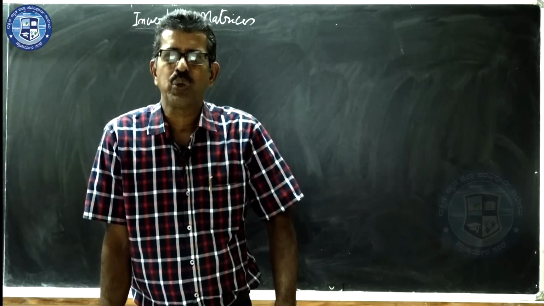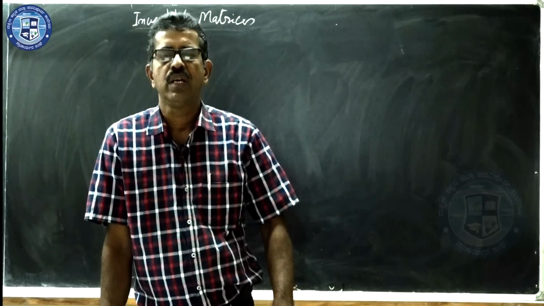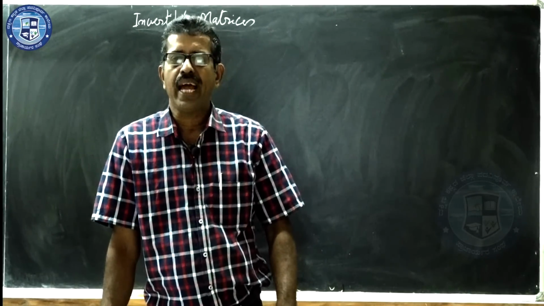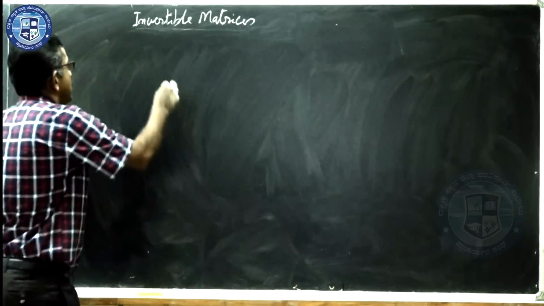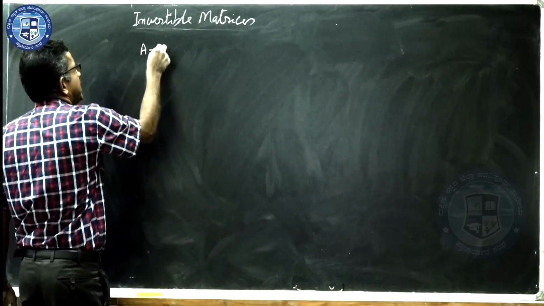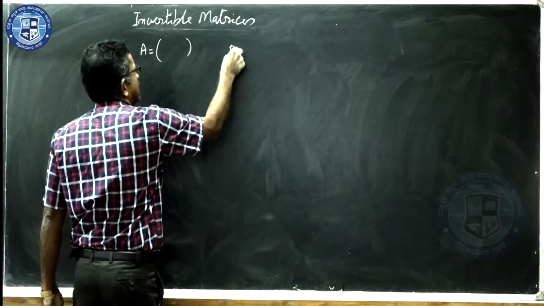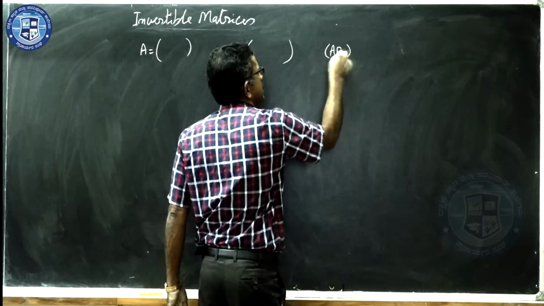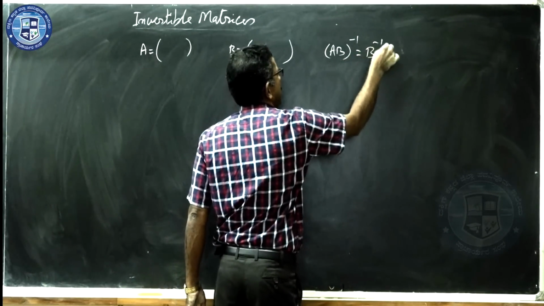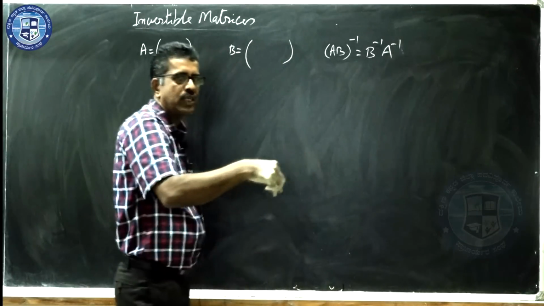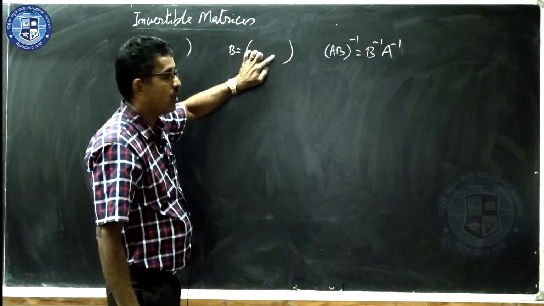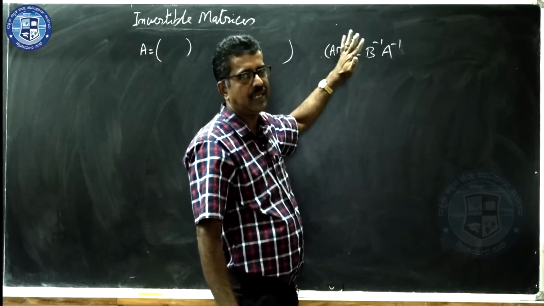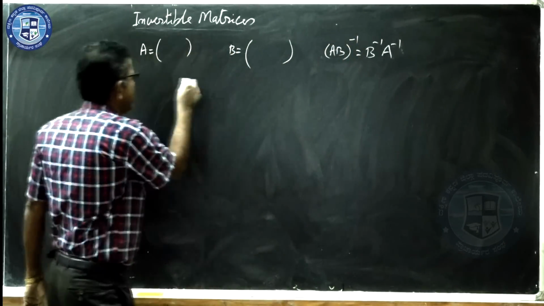We will continue with one or two simple examples based on matrix multiplication or just finding the values of unknowns. Whenever you are asked to verify that (AB) inverse is equal to B inverse into A inverse, for any two given matrices A and B, you can apply the same theorem, the definition or the proof of the same theorem which was given in the previous case, that has to be explained. That is enough. So we'll continue with one or two simple examples.